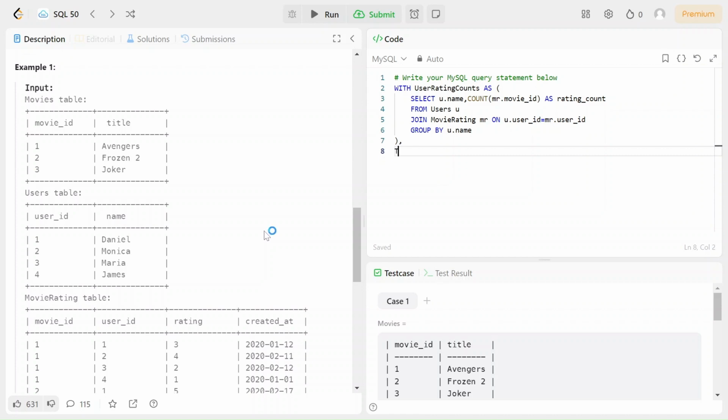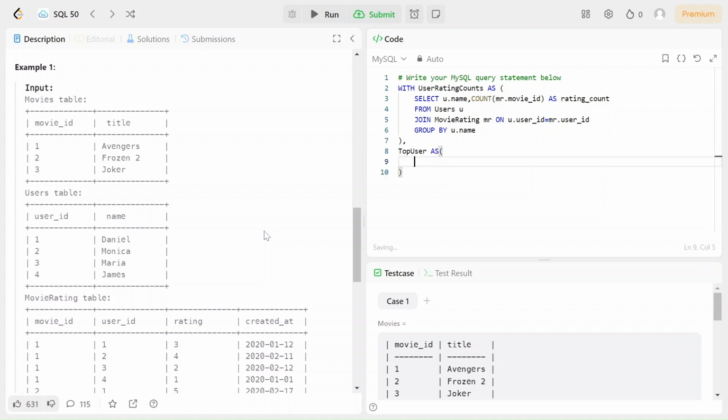So for that I'm using another table, that is top user, as. I'm selecting name from this table and order by